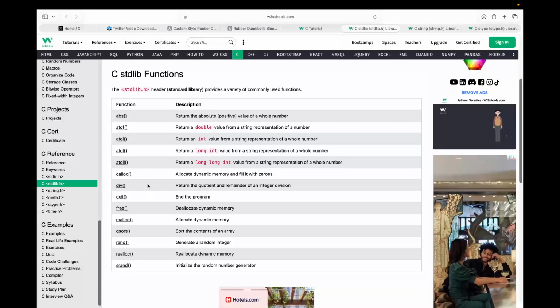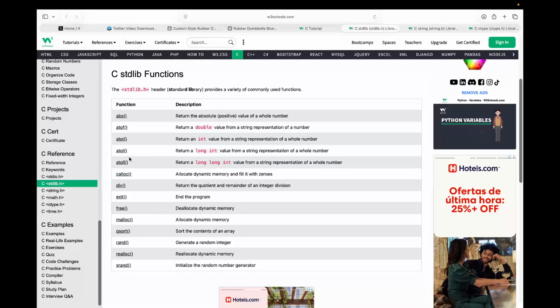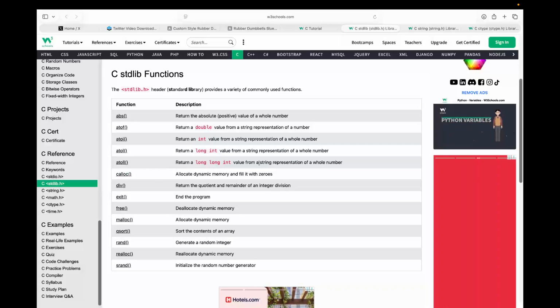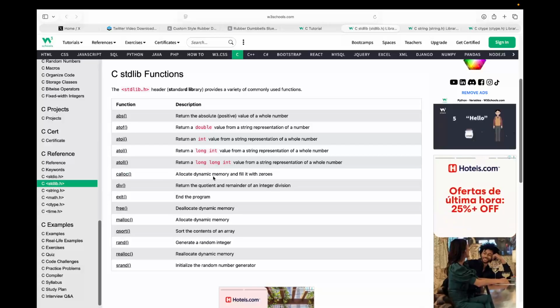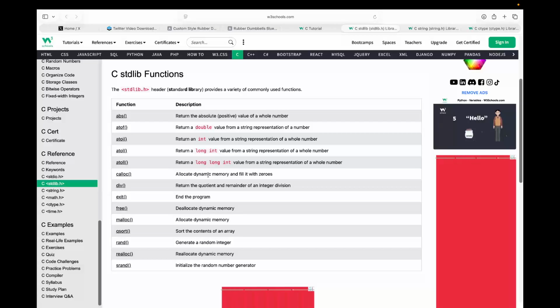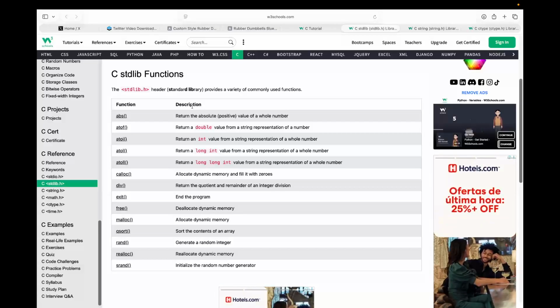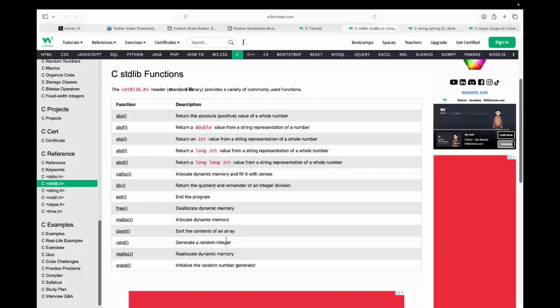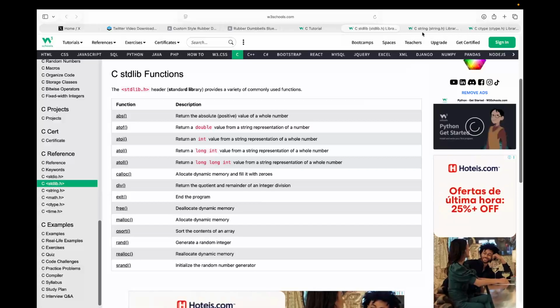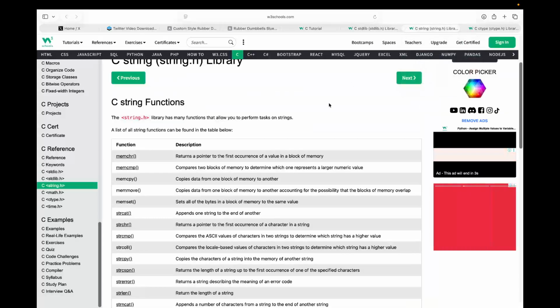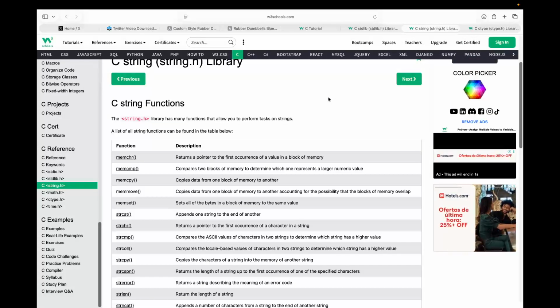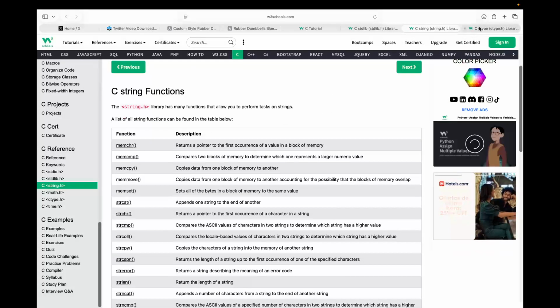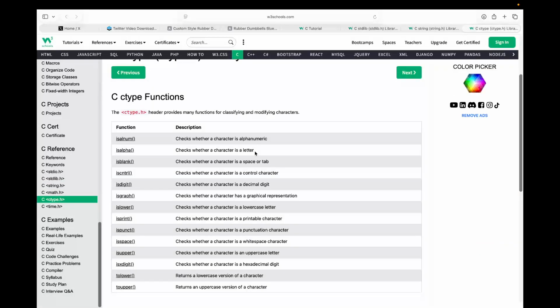But again, this will be discussed, the remaining ones, such as atoll and all these sums. These are going to be representing the libraries which are inside the standard library of C, but we will discuss them in detail, most probably in the next lecture or in the next chapter. Today, our main starting point is actually the ctype.h library, which has all these functions